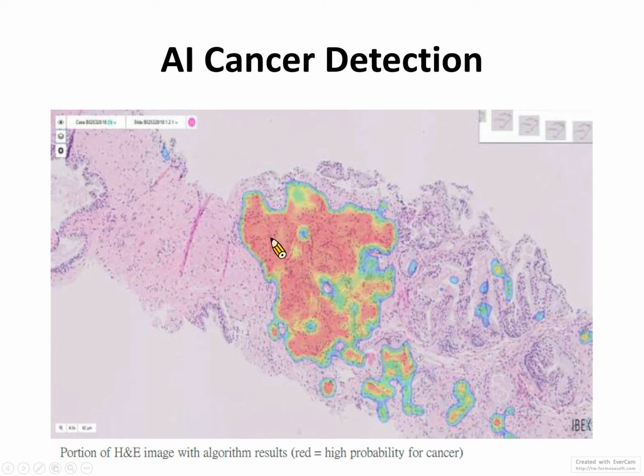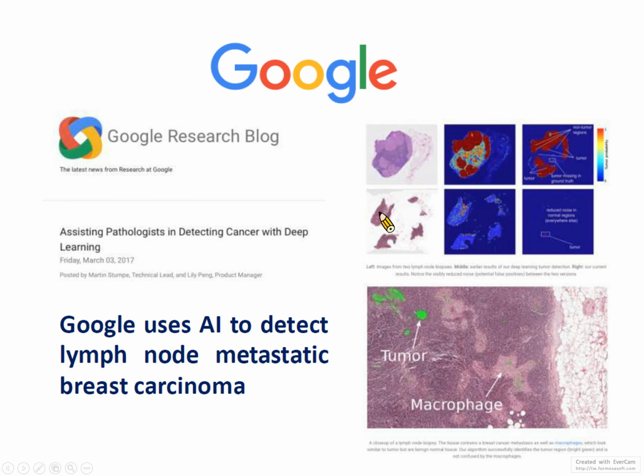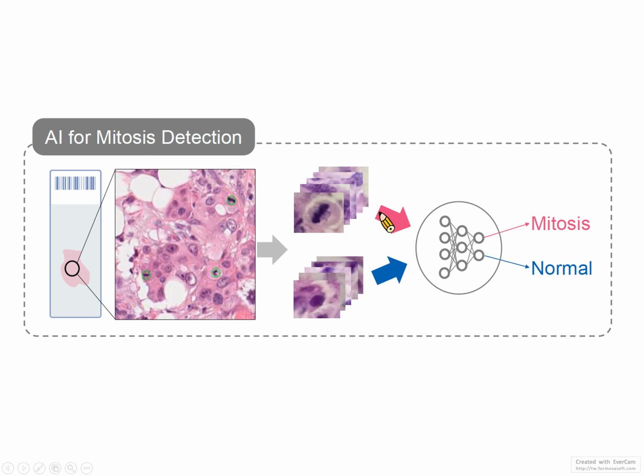So you need to label these cancer cells using the AI algorithms based on the heat map. This heat map can help pathologists not to miss any cancer regions. For example, Google has used AI to detect lymph node metastatic breast carcinoma and published in very prestigious papers. And the AI can also help with mitosis detection, and it can detect the very subtle nucleus